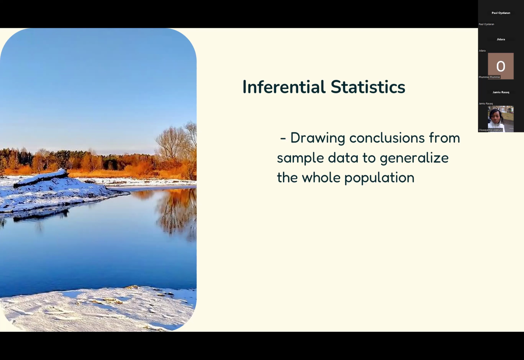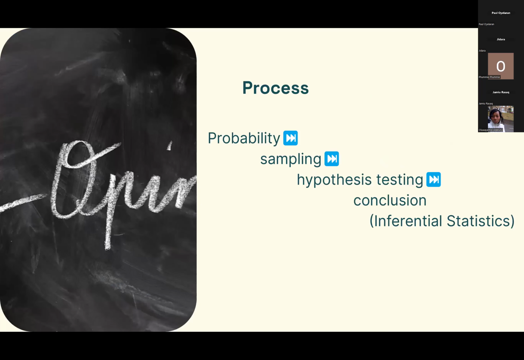So to do that, our data has to be a true representative of the population. If it is not, we are going to be making a false generalization of the whole population. So the process of inferential statistics goes from probability to sampling to hypothesis testing. And after you've tested and you see if the null hypothesis,